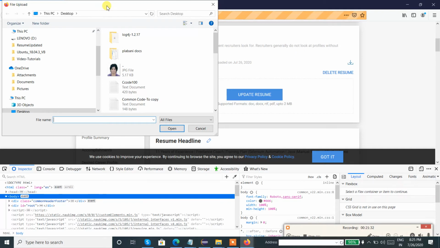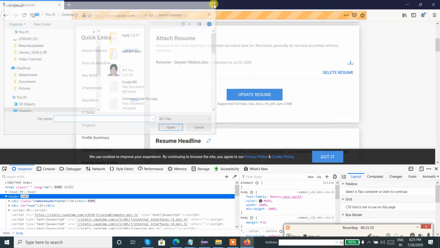So that is the reason we should not click on update resume. What we need to do is identify update resume by XPath, then use dot send keys, and within double quotes, give the file path of the file we need to upload as the resume. So let us quickly execute it.